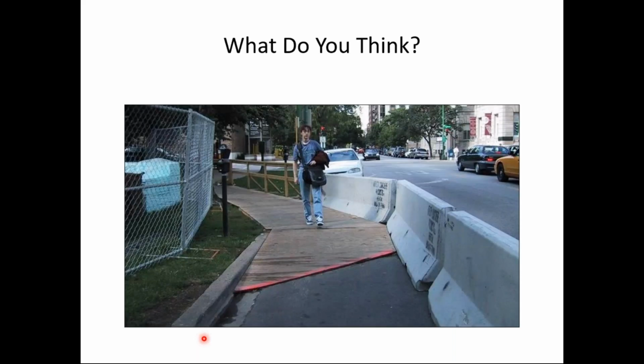How about this one? See a lot going on here. Notice the sidewalk is back here. So what's that? It's maybe 10 feet back from the street. So we have a wide grass strip or tree lawn here. This is probably a building construction project, not a street or road project. Of course, grass is not an accessible surface, so they've built a boardwalk across it. They've actually put a railing in here,